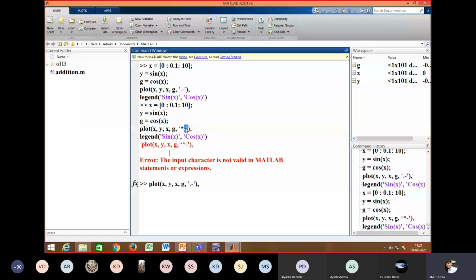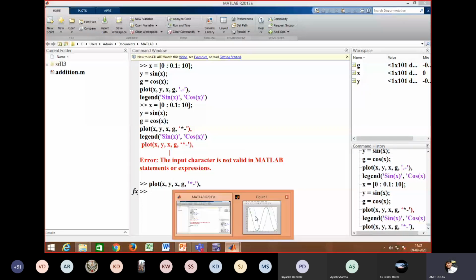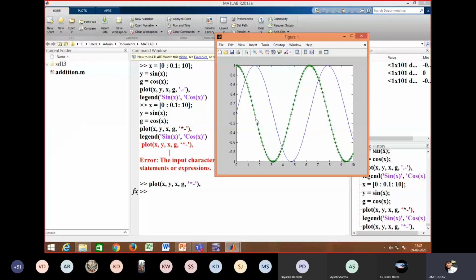So we have to make it proper and then plot it. We got the graph with star placed at 0.1 interval.